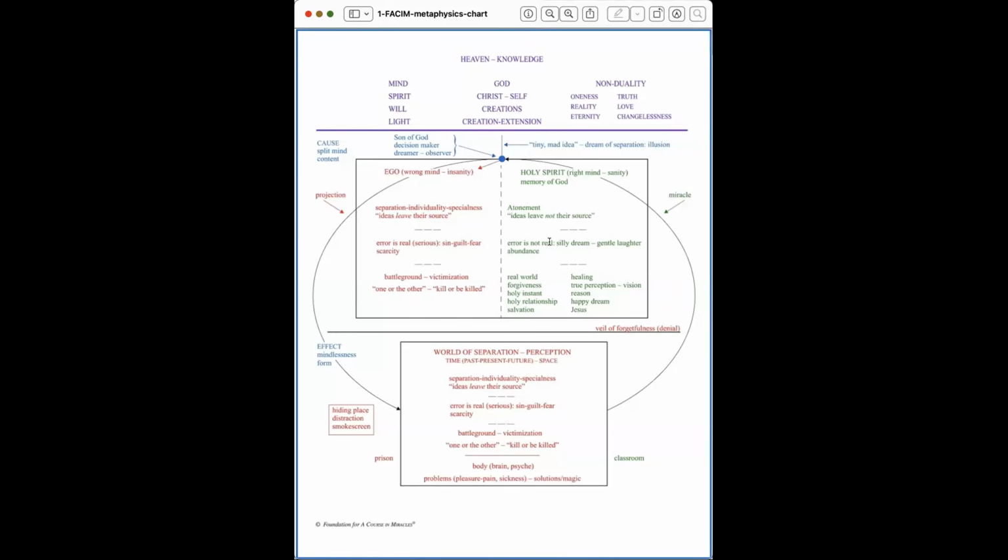And what I did a while back is I took the middle section and thought, what are some of the attributes of the ego, and what are some of the attributes of the Holy Spirit? I'm not going to go through everything in Ken's chart because there's a lot there, but I thought it'd be nice to be able to zoom in and out. But before we do that, let me just preface. Actually, let me stop the share for the moment.